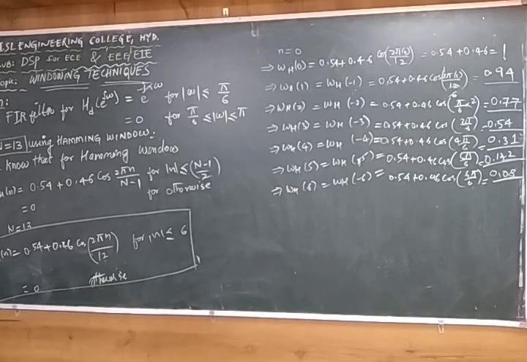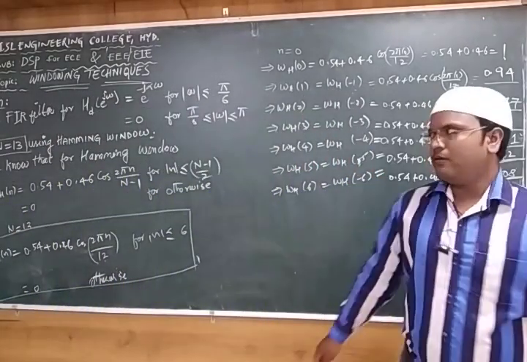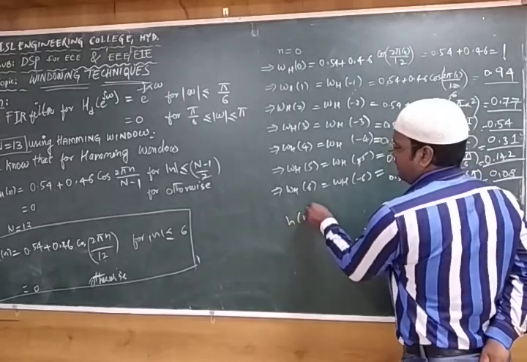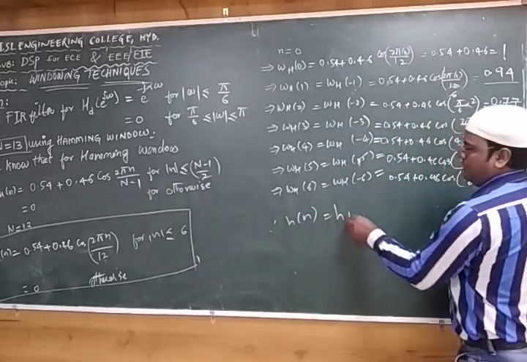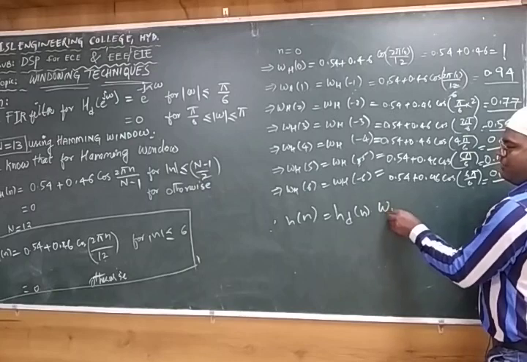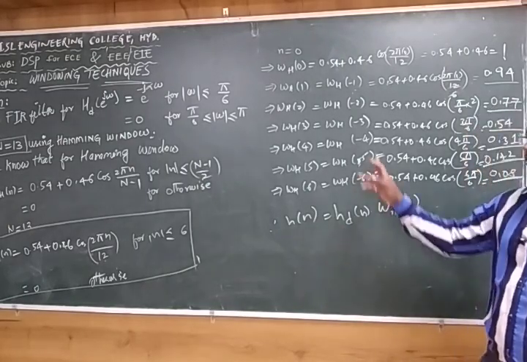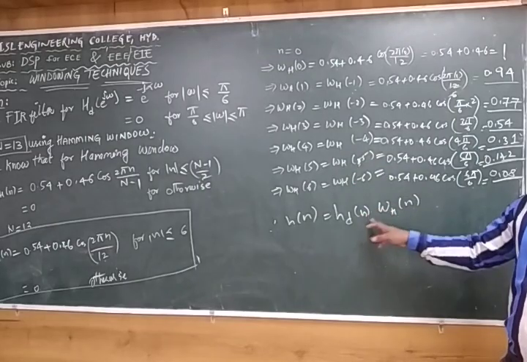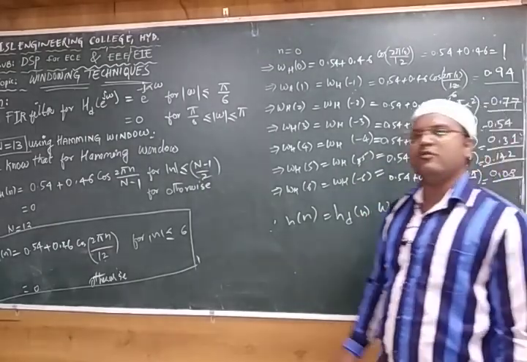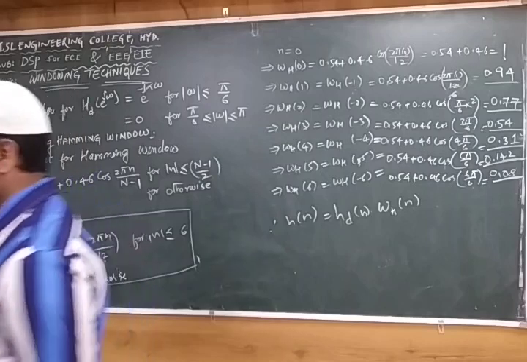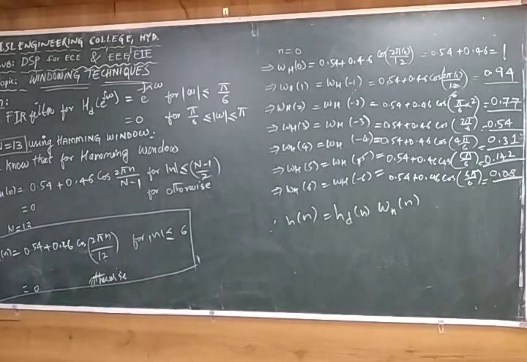Right. So, how do we get h of n? We have already done some problems, right? It is nothing but h d of n into omega h of n. So, we have to get h of n. H d of e power j omega is given in the question, which we convert into the n domain. So, we will get the coefficients for all the frequency components. So, substitute the h d of n coefficients and get the answer for it.